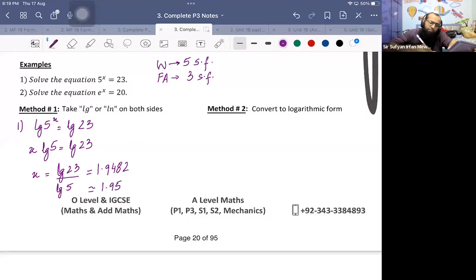So when 1.95 was to be given in 3SF, why have we written 1.9482? Why have we written it? We have written it because let's suppose if